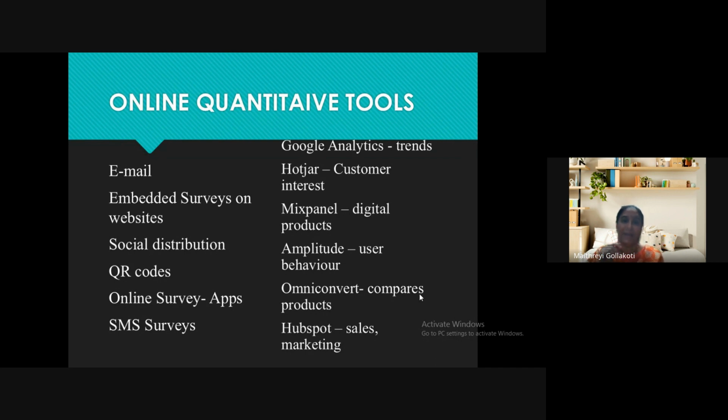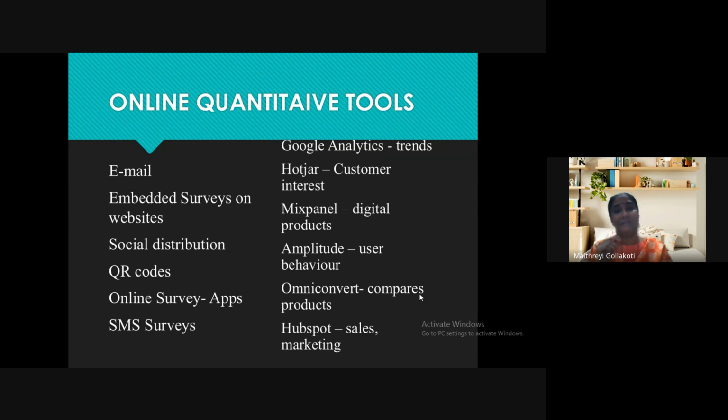Okay. Now, next, what are the online quantitative tools on a large scale? On a large scale, we have things like Google Analytics. It tries to research the trends in the market. It will give you the broad basic trends. And next, Hotjar. Hotjar is a very beautiful website. It will give us all the